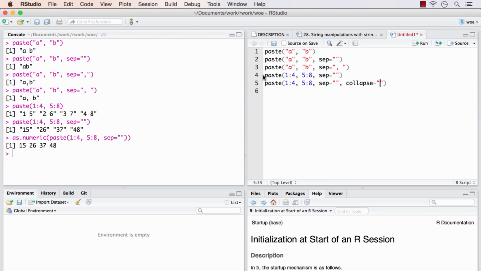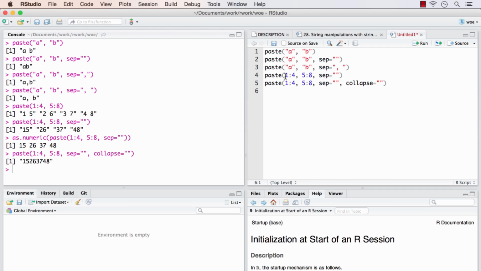What will happen is, in the previous statement, when we used just sep, it created 4 different numbers as characters. Now when we use collapse, all the 4 numbers will collapse and form into just one number. Let me run this. Alright, that's the difference between separator and collapse.